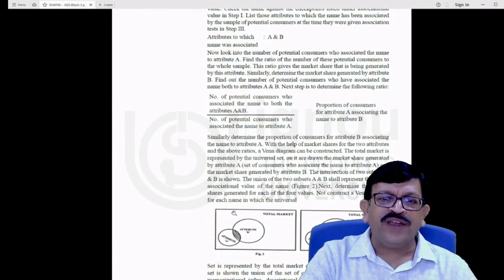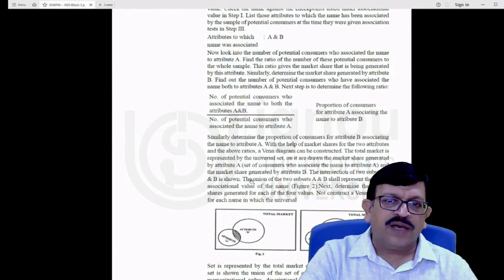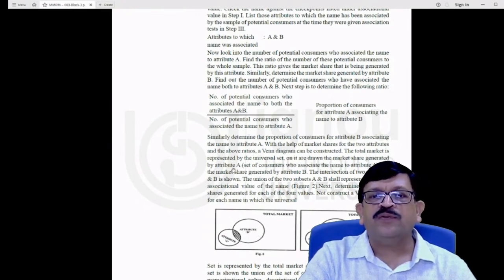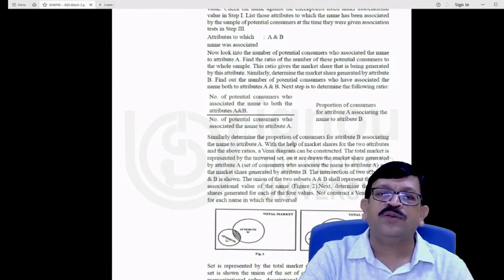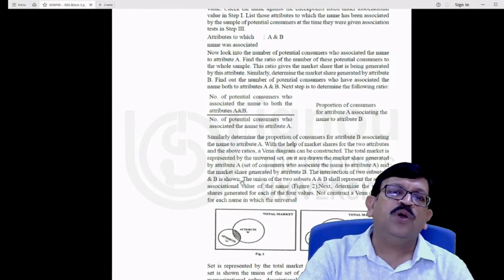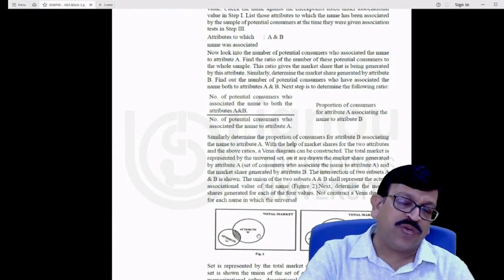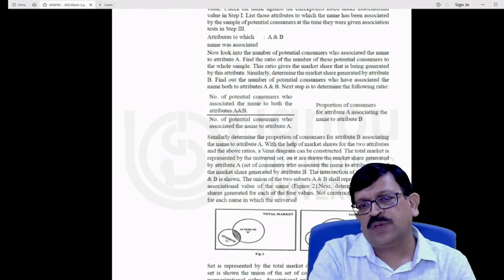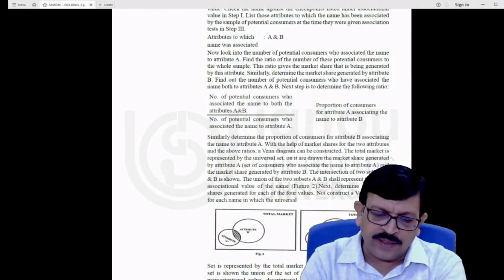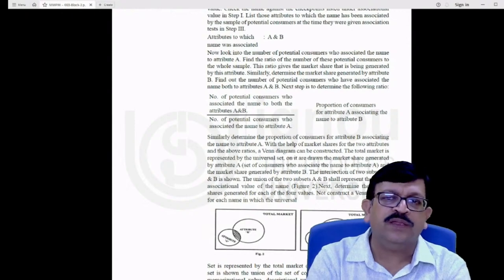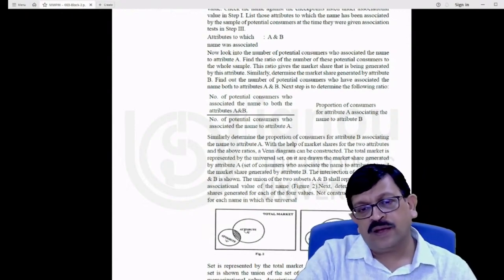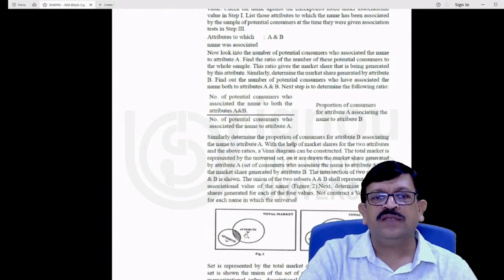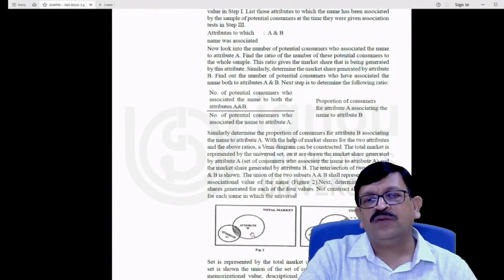If you can put it into a Venn diagram, a set of customers would be people who associate the name with attribute A, and there are also people who are a market share of customers who associate with attribute B. But there are areas where there could be an intersection between the 2 subsets, people who are looking for attribute A in a name and also looking for attribute B in the name, and that can be a combined area. So that gives us an area that this is the most viable one, which we should pick up.